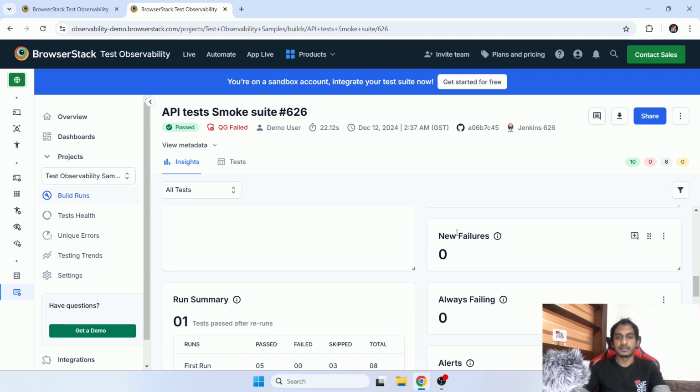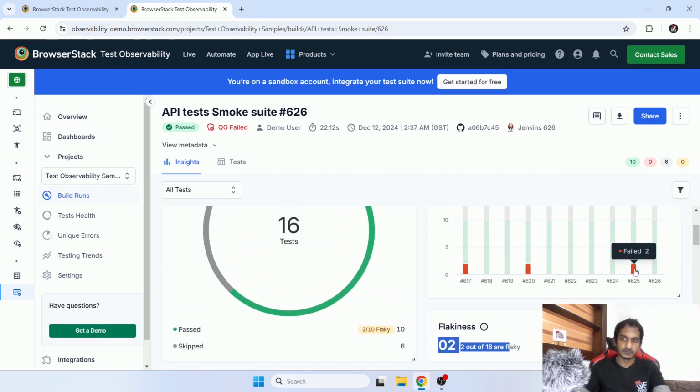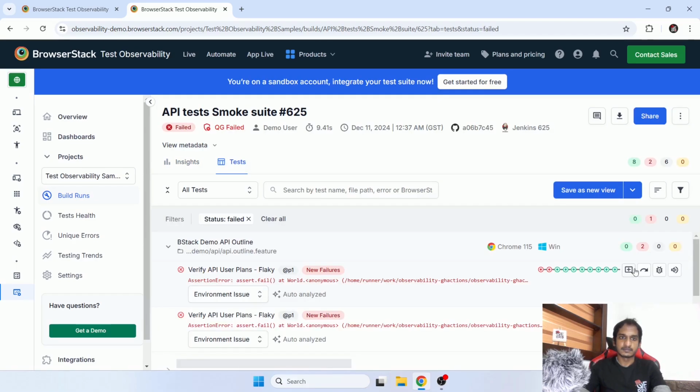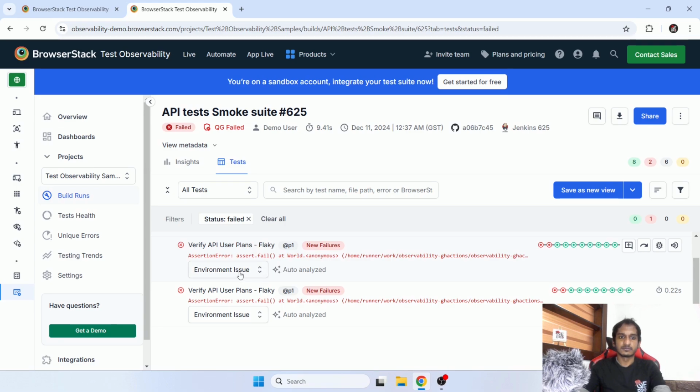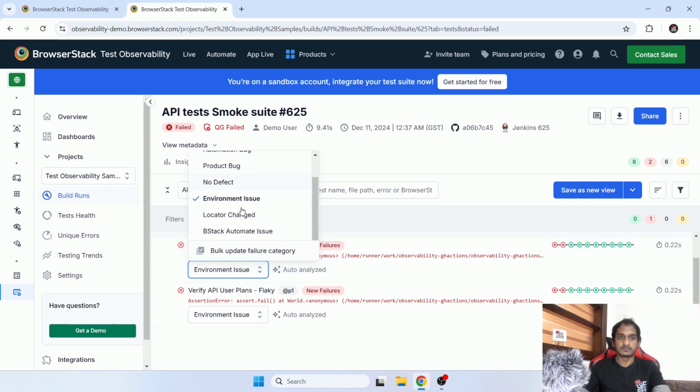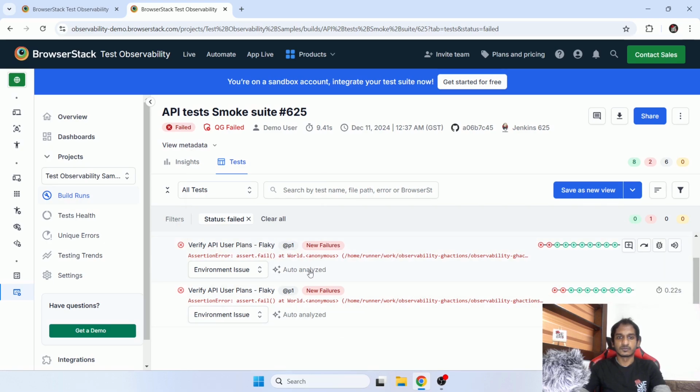And then if there are any new failures, let's try this with the 2 failed test cases. Here you can see the 2 failures, and you can mark what the reason is. Here it was auto-analyzed. So the AI part was integrated here and it was analyzed through AI, and it marked it as an environment issue. So that's why it failed. So again, they saved our time. It was marked as auto-analyzed and environment issue. Okay, then again, if you go back,